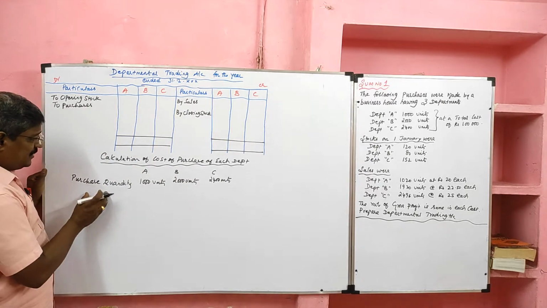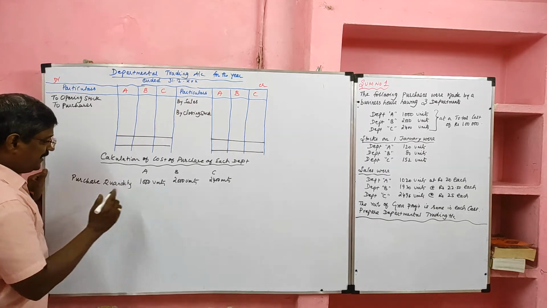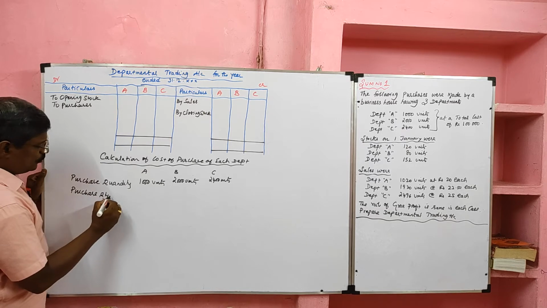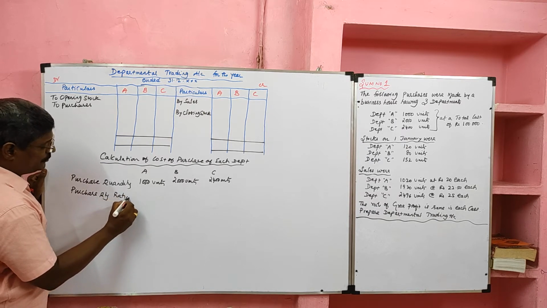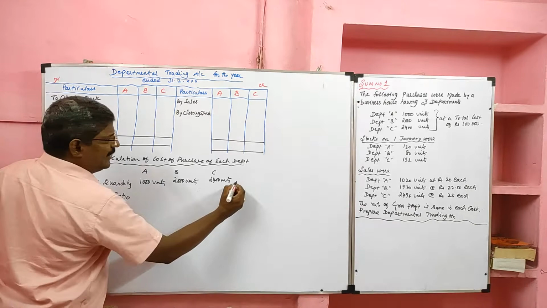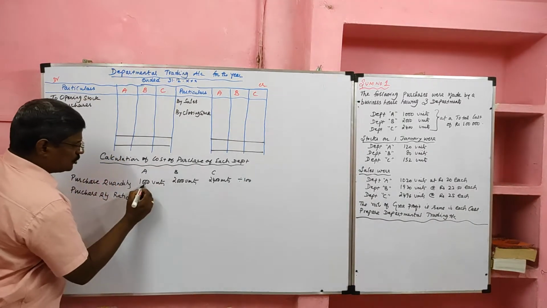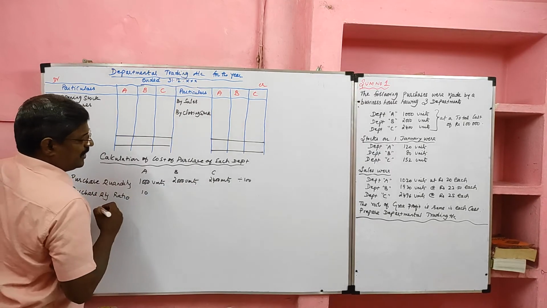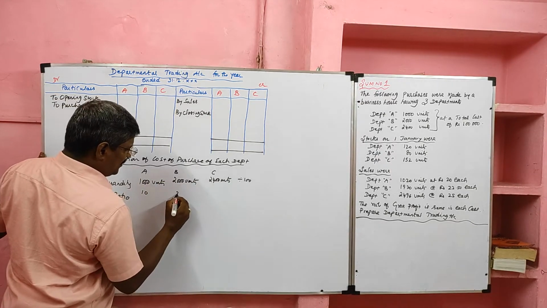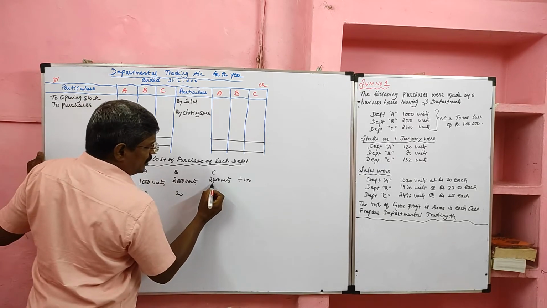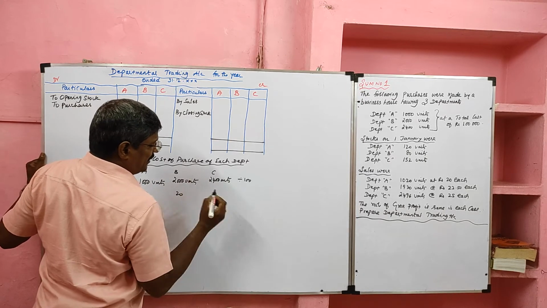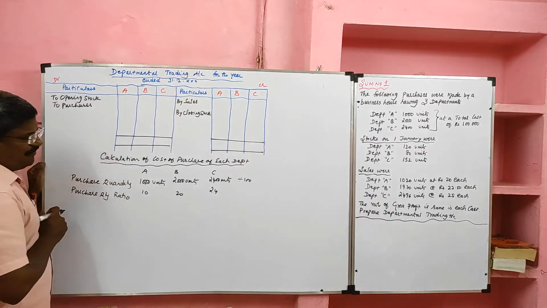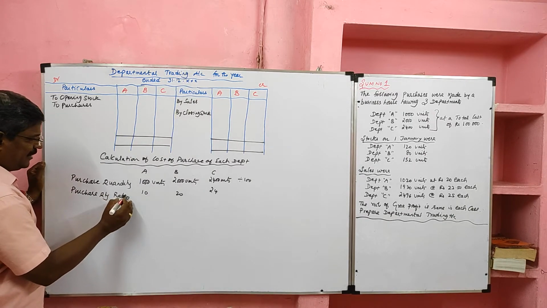Now I am going to convert the purchase quantity into purchase quantity ratio. I am going to make it as small value by dividing 100. So if we divide 1000 by 100, we will get 10. If we divide 2000 by 100, we will get 20. If we divide 2400 by 100, we will get 24. So the larger value converted into small value. That I call it as purchase quantity ratio.